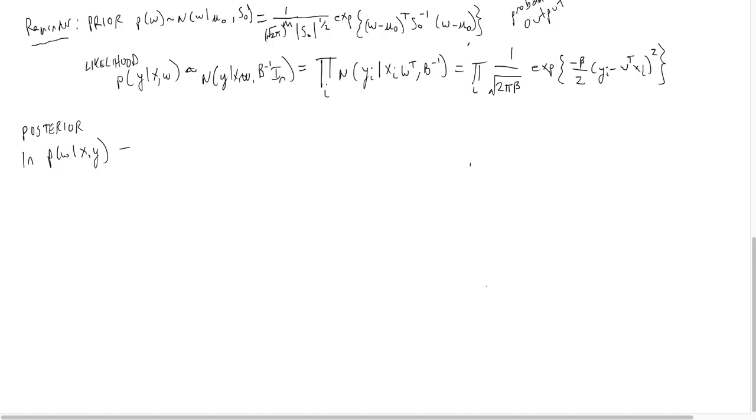And so that's going to be equal to the ln of the likelihood, plus, because whenever you put two factors inside of an ln, you can split them up and add the ln of the individual factors,